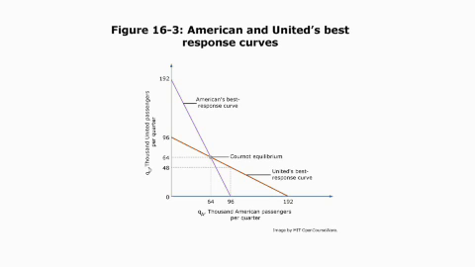If United flies 64, American should fly 64. So you can actually literally trace out these curves, asking at every single point, given what the other guy's doing, what should I do? So we solved for 2 points on this curve. We solved for the other guy producing 0 point, which is you produce 96. We solved for the other guy producing 64 point, which is you produce 64. That same math can be solved for every point on this curve.